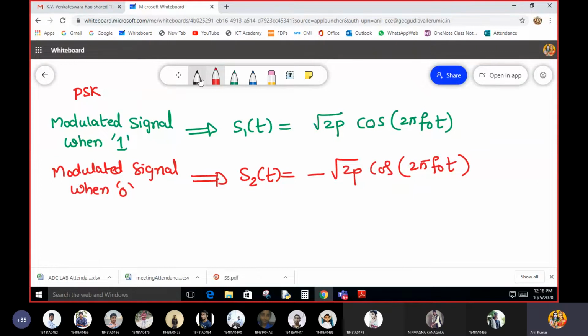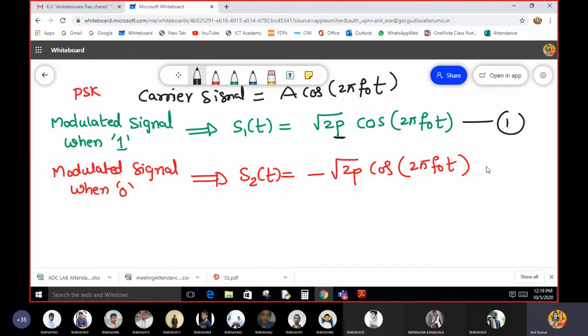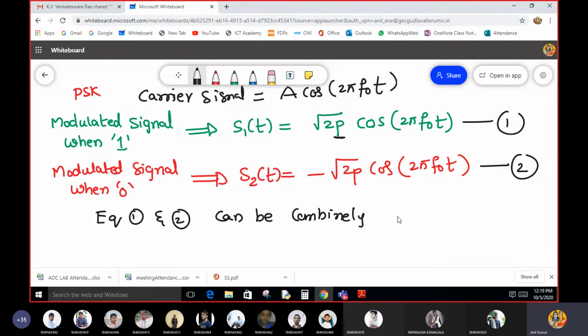So now the carrier signal is represented by A cos 2 pi f naught t. What is this P? P is nothing but the power of the signal. P is the power of the carrier signal. Now let this particular one be equation number 1 and this one be equation 2. I will combine these two equations, equation 1 and 2, and write them together as,